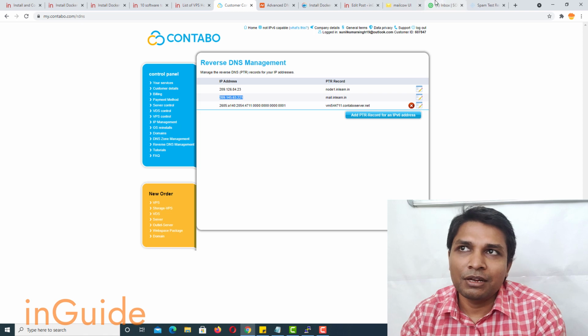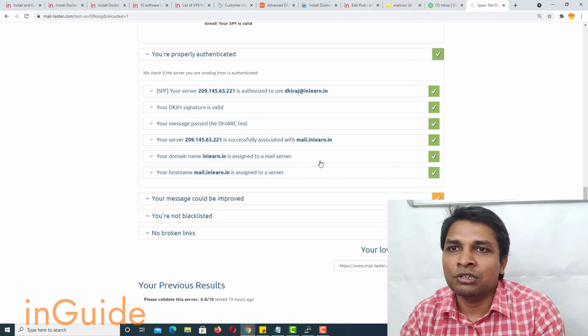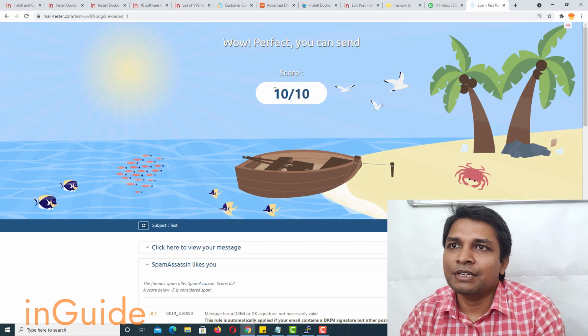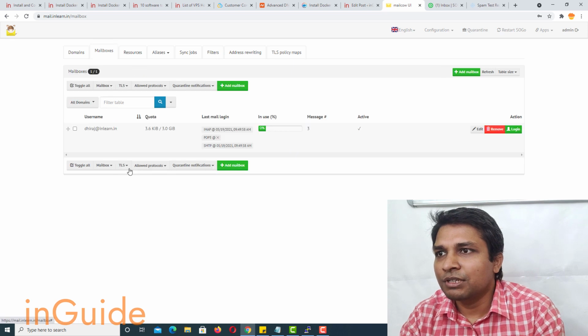Since my reverse DNS is set, I haven't got any warning here, and you can see everything is perfect. For SMTP details, you can come back to mailboxes and see allowed protocols. You can also activate and deactivate from here.